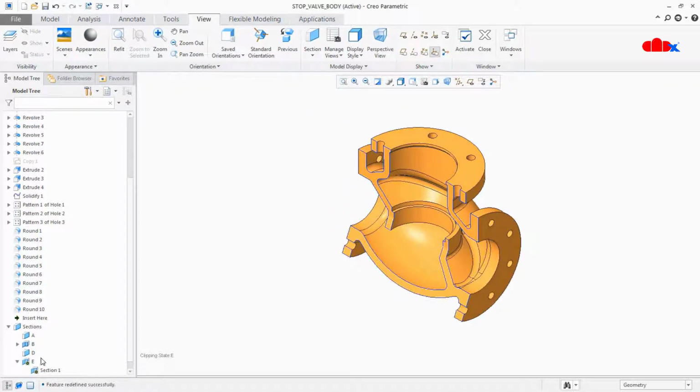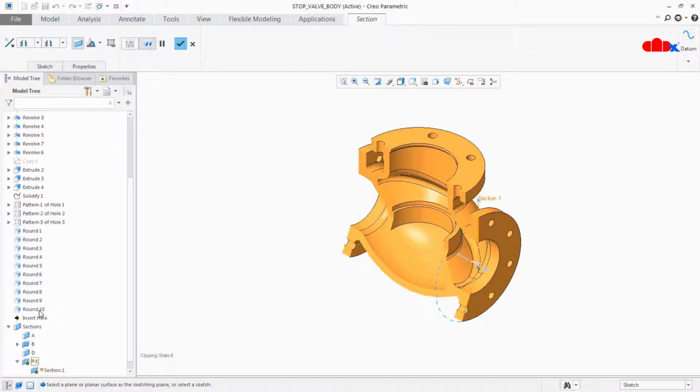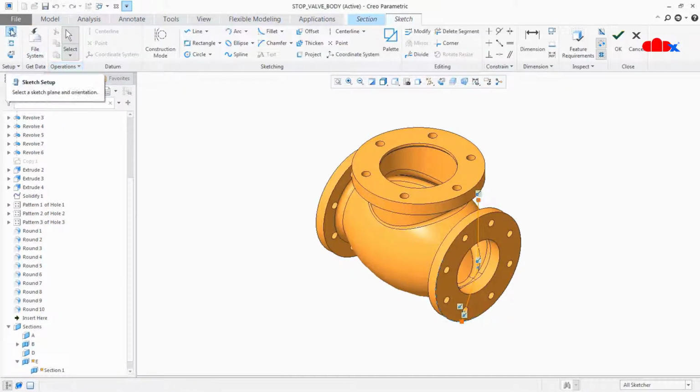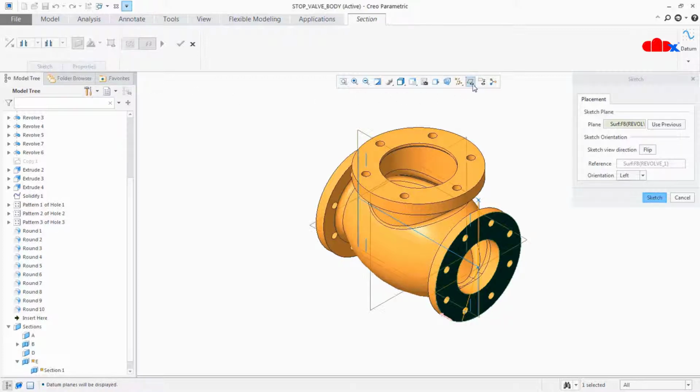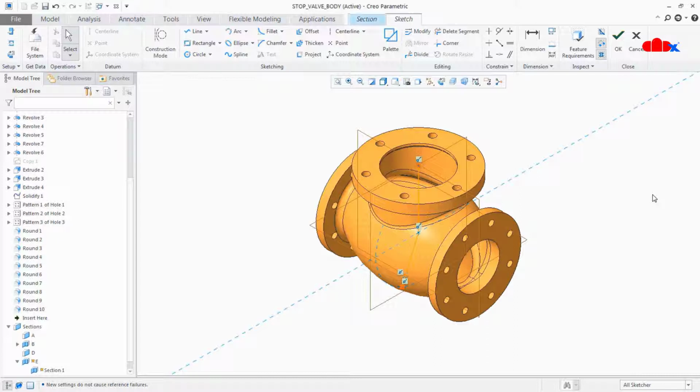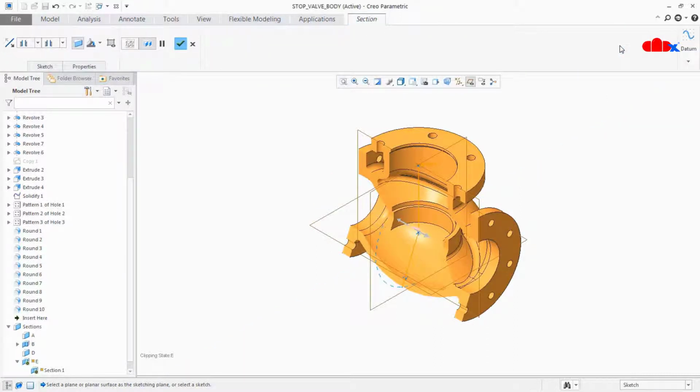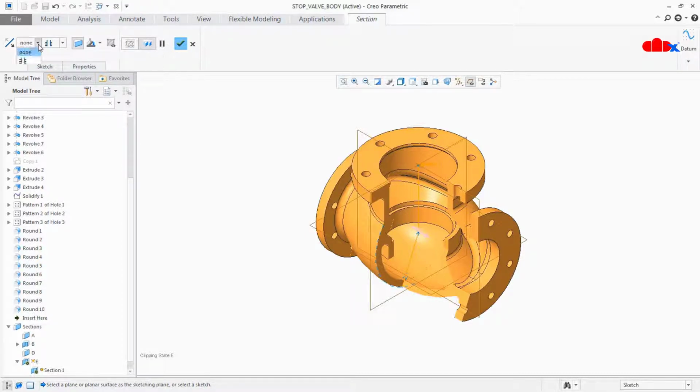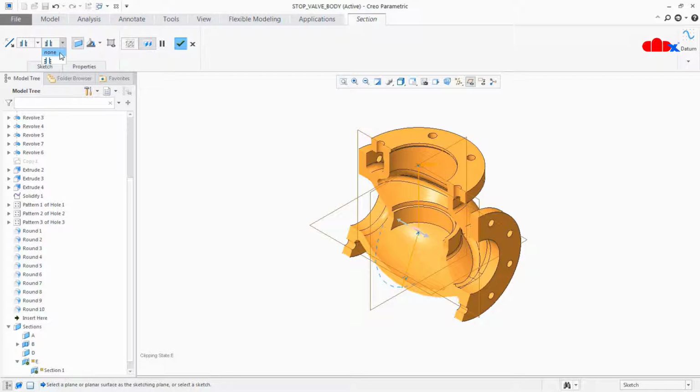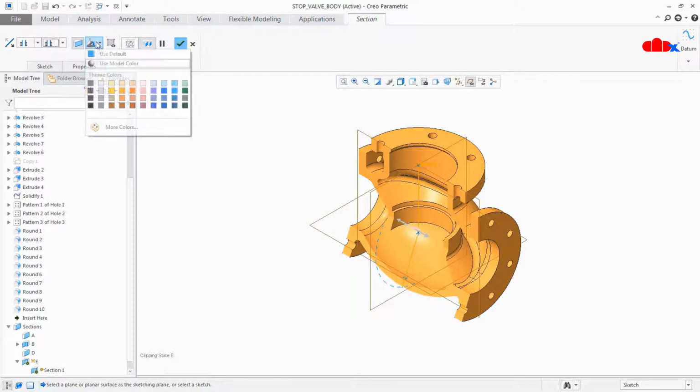One more option we have inside the offset section is first side section, second side section, or both. If you have material on both ends of the section plane, then you can shuffle between first side section and second side section. So now we have material on both ends, so we can shuffle between first side section, second side section, or both the side sections. We can use section color,